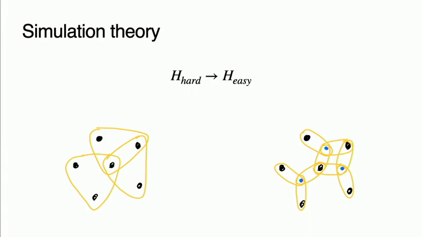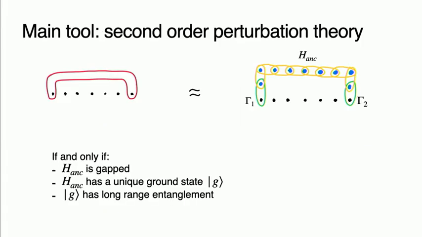It was quite crucial in, for example, showing that 2-local Hamiltonians are QMA-complete, which is a very important result. More technically, the kind of gadget that we use is called second-order perturbation theory, and I'm not going to dig into the details. What I can promise you, though, is that this interaction between those 2 very distant qubits can be simulated by